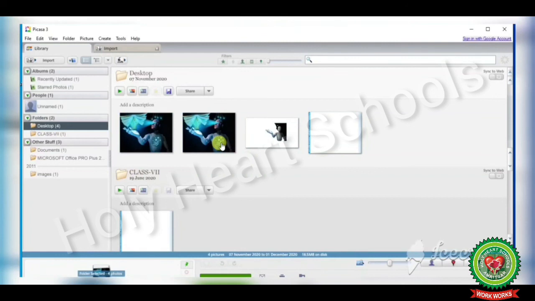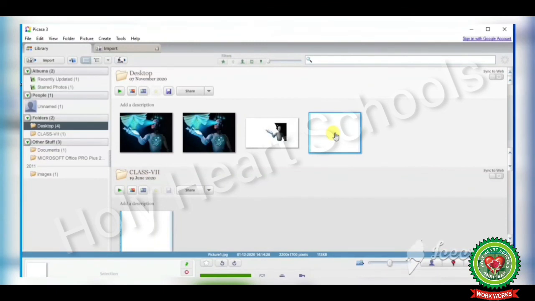Now you can see all the photos are deselected. Press the Home key to select the first photo. You can see the first photo is selected. Now you can press the End key to select the last photo. In my folder, the last photo is selected.